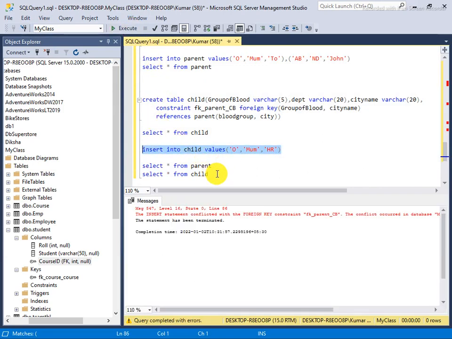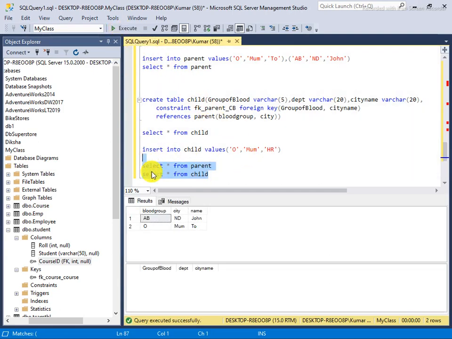The reason is that O and Mumbai do not exist in the parent table. Why is it not being inserted? Blood group is O, city is Mumbai.